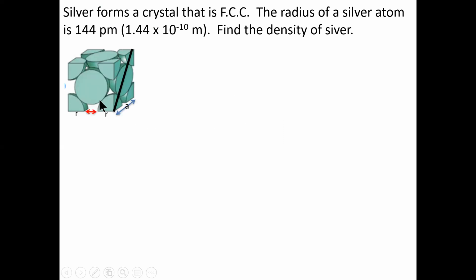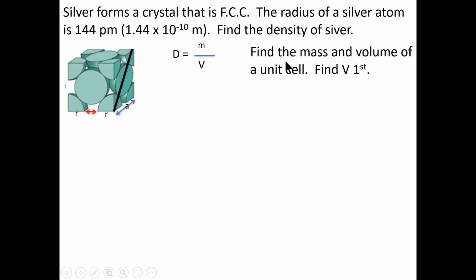So again, here is a face-centered crystal arrangement. Density is mass divided by volume. In this case, there are 4 atoms. So find the mass and volume of a unit cell. Find volume first. So the volume of our unit cell, again, each dimension, this is A, and the third dimension